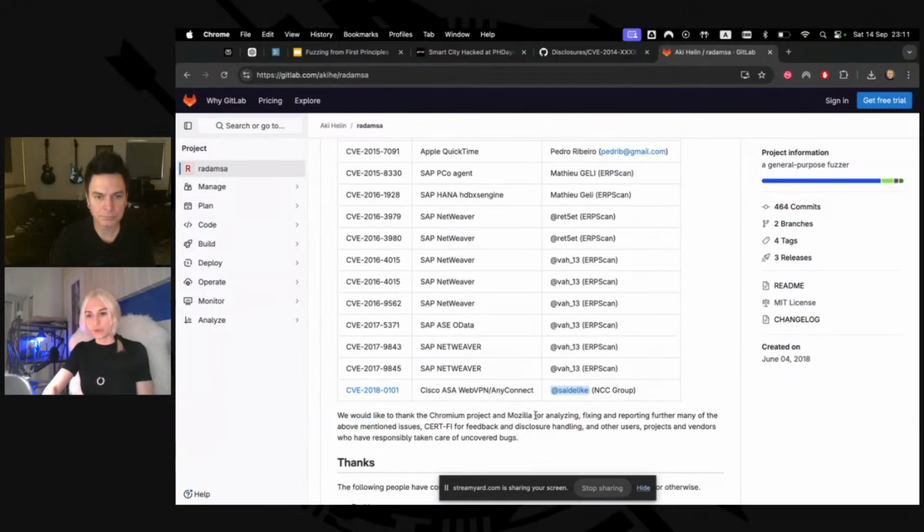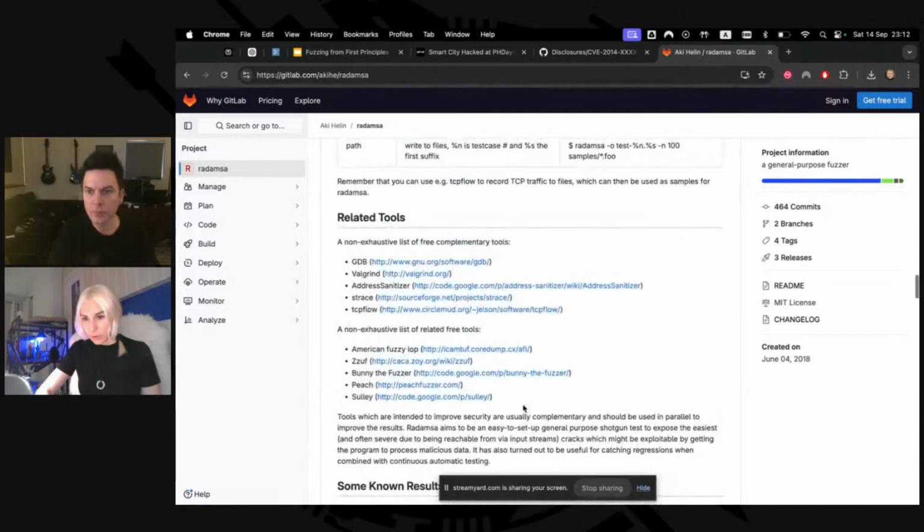Another great thing about radamsa is that because it's a pure mutator, you can apply it at different points inside your fuzzing infrastructure. You can use it standalone, just put it in some loop in Python or Bash and use radamsa to generate inputs and feed them to the program, the most primitive case. But you can also use it in combination with more advanced fuzzers and stick it somewhere between different tools.